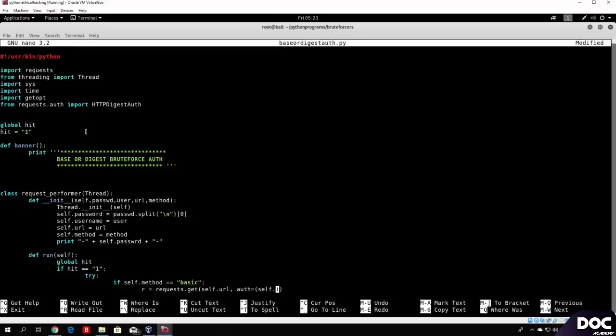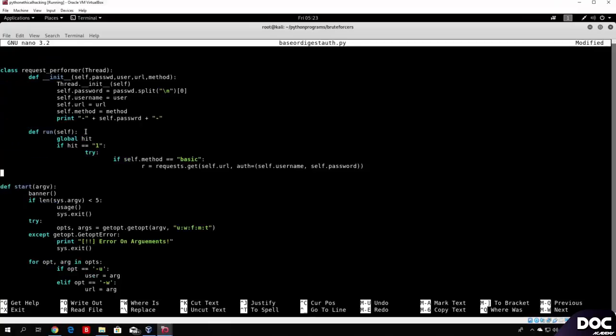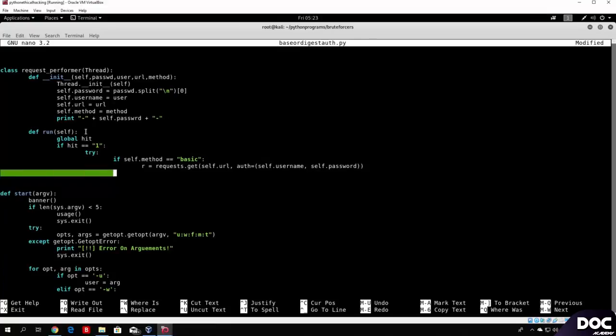So self.username, comma, self.password. So right here, this is all set to go. Let me just double check everything. So we specify the URL, we specify the username and password, and then we can proceed. Else if self.method